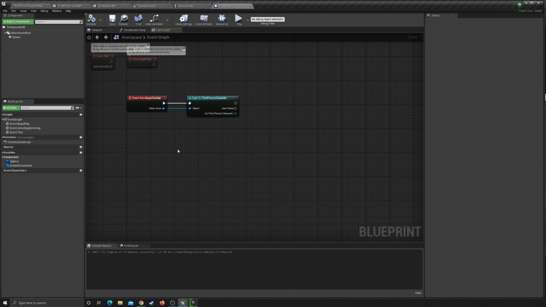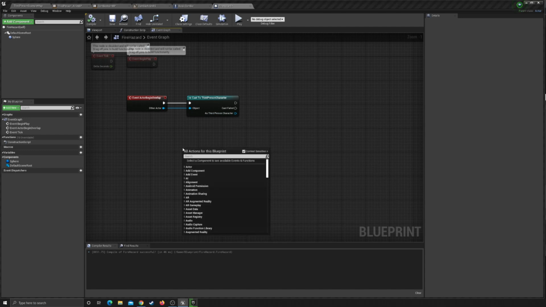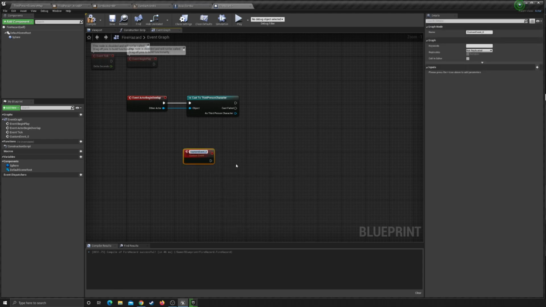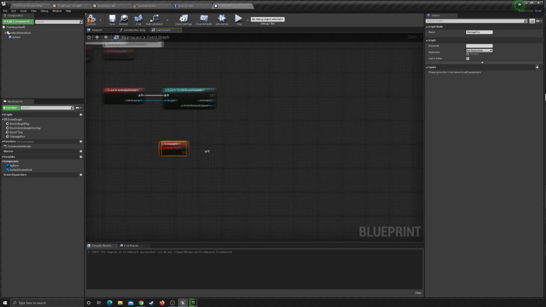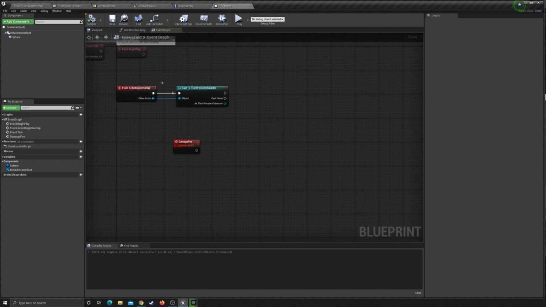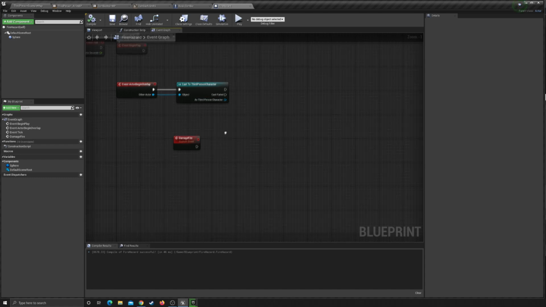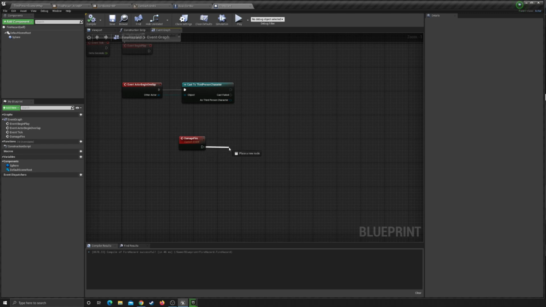start a damaging cycle. So we're gonna type in custom event. I'm gonna call this damage fire, because it's the damage from the fire that we're gonna use. It's a good idea to use names and words that you can remember in case you have to recall it from another blueprint. You don't exactly remember what it is, but simple names help. So off of damage fire,